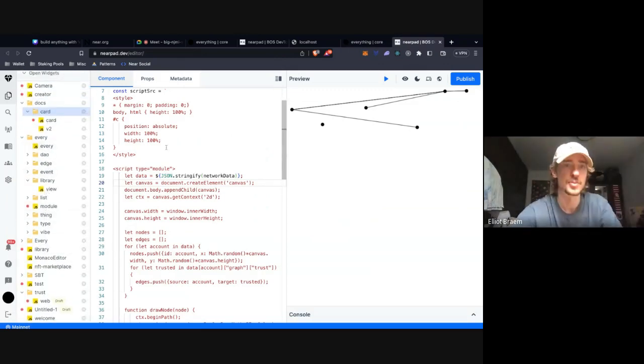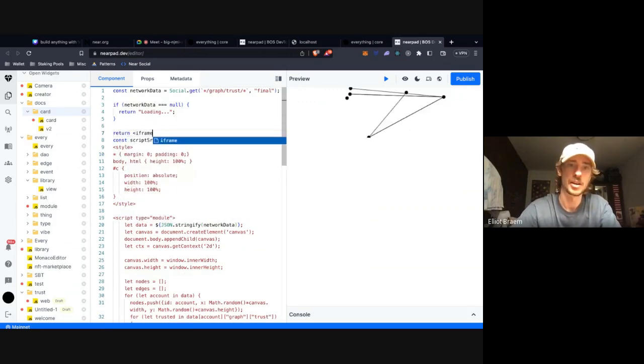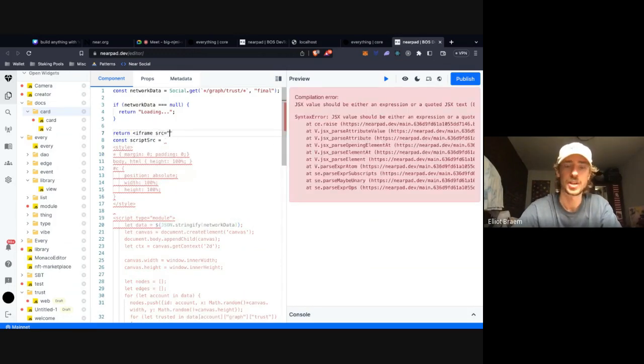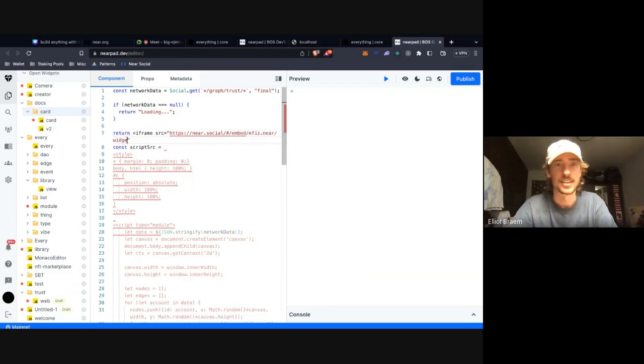I was messing with this one thing where it is like an iframe, and because you can do near social, dude, Eugene just has all this stuff that I feel like nobody talks about, but it's kind of mind blowing.